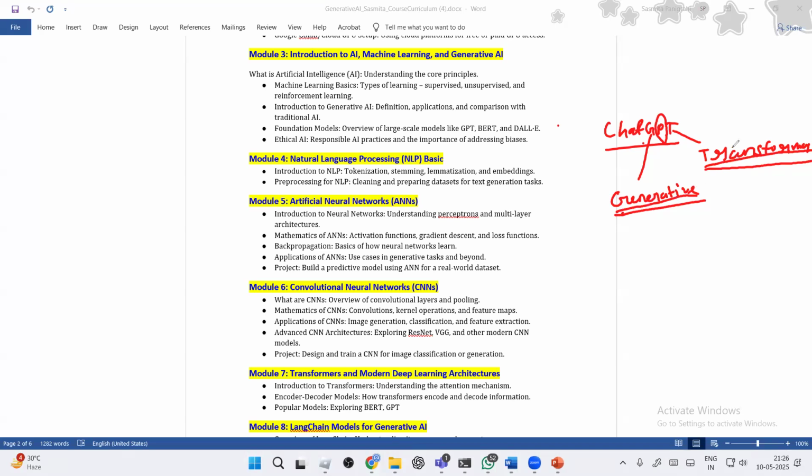So transformer is also a very high-fi topic. Before even transformer, we should know what is ANN. This is the building block for neural networks. We will understand what is ANN, and then we will discuss what is CNN, and then we will move to transformer. When we discuss ANN, it is very, very in-depth,